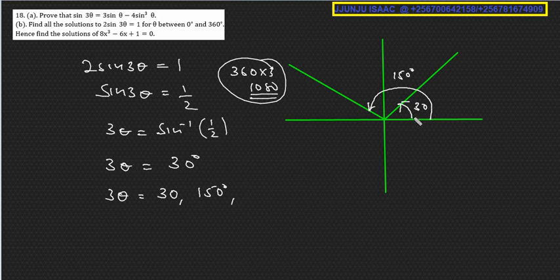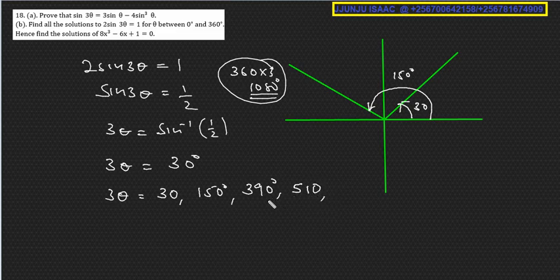Now what we are going to be doing is, we move one cycle and we add 30. So that means 360 plus this, which is 390. We haven't reached the end yet. So now we are going to move one cycle and we add 150. So we add 360 on this. So 360 plus 150, we get